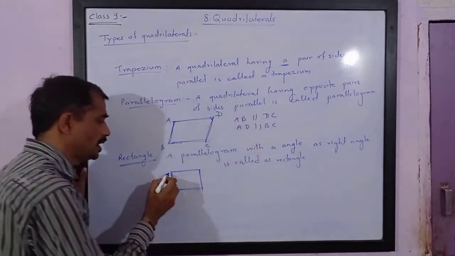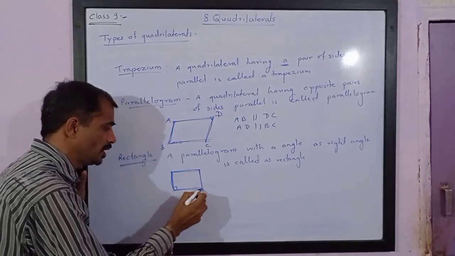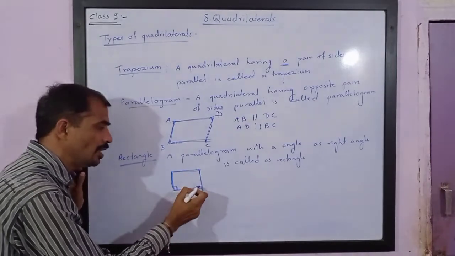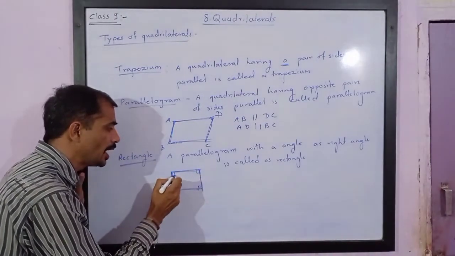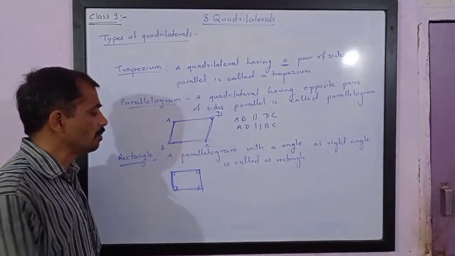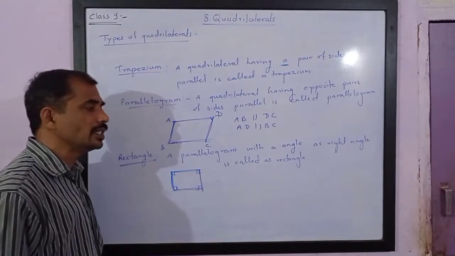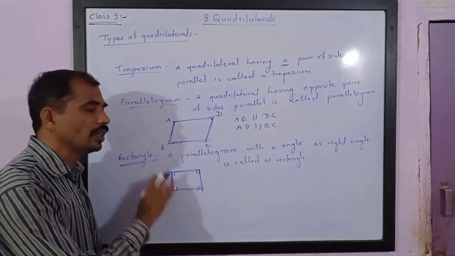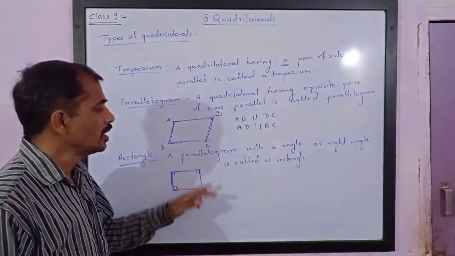Please note, this is a special type of parallelogram which is having one angle as right angle. Other angles automatically become right angle. This is what we are going to study in this chapter. So it is a parallelogram which is having one angle as right angle. Even if one is right angle, others automatically become. Next is